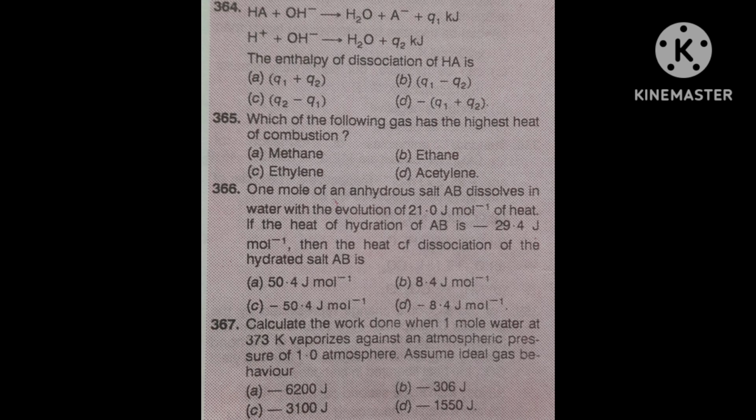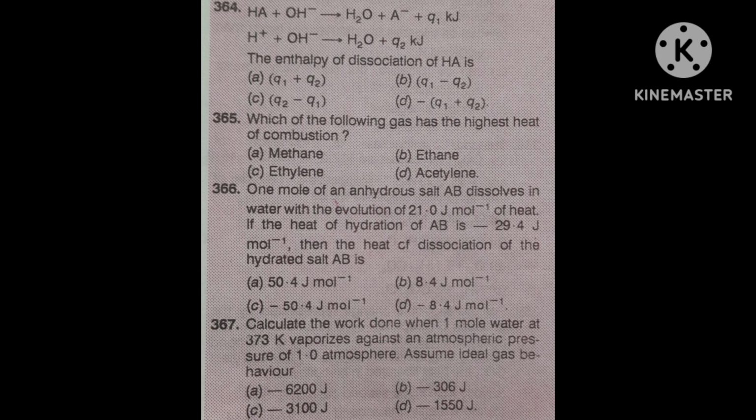Or to solve quickly, you can solve like this. Only make a difference. Minus 29.4 will become plus 29.4, a difference of both, because you want the heat of dissociation. Formation you know, and the reverse value is dissociation. Then minus 29.4 will become plus 29.4 minus 21, which is 8.4. Quickly you can solve in this way also. And I discussed in detail that way also, because two processes are involved.